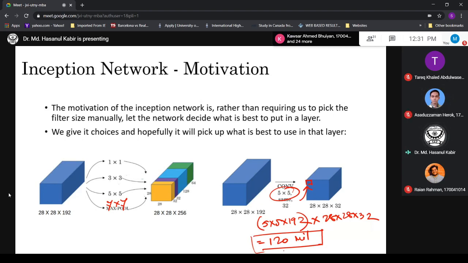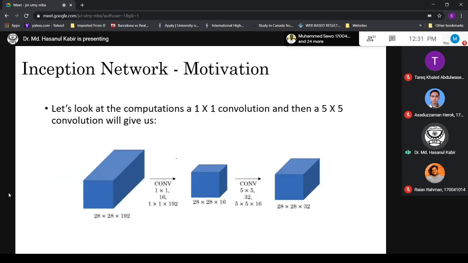Okay, fine. And if you want to do it for 7 by 7, and again for 3 by 3, you can see that only to compute this block of data, how much calculation you have to do. It will go towards like 500 million. So what we'll do, we'll try to make use of this 1 by 1 convolution,